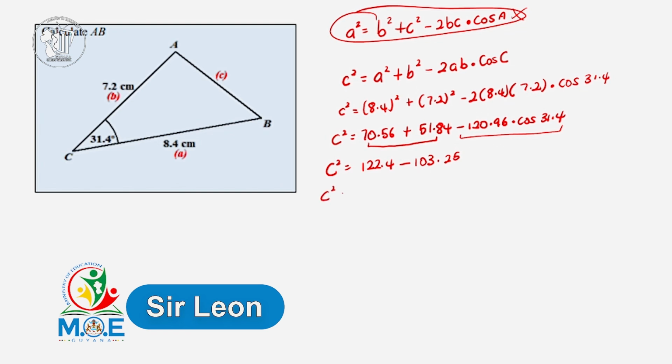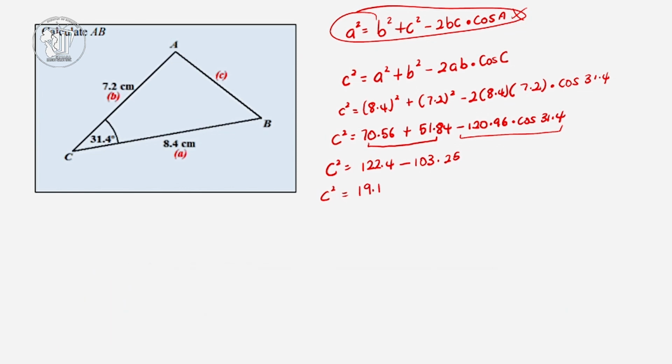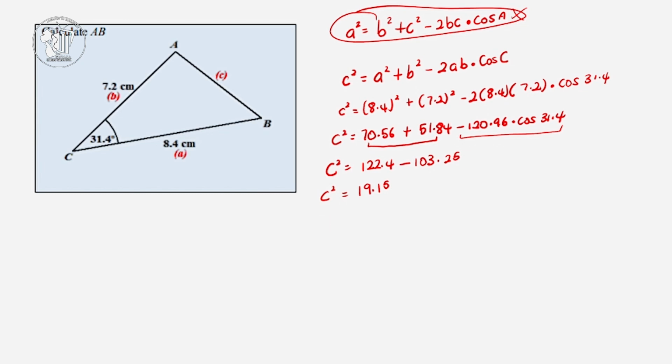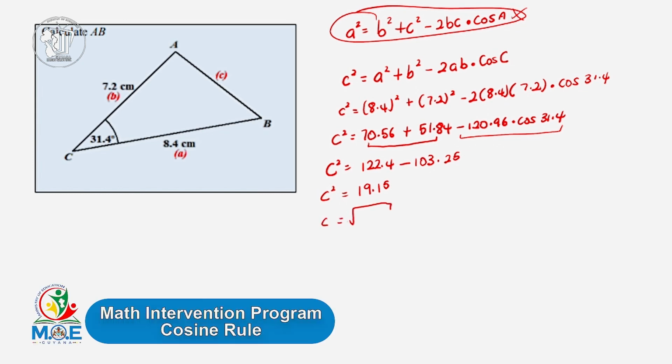So c squared will be equal to 122.4 subtract 103.25, which would give us 19.15. So hence c squared would be equal to that. So you want to find the value of c, so c would be equal to the square root of 19.15. So we take the square root of 19.15, and hence that would give us the value of